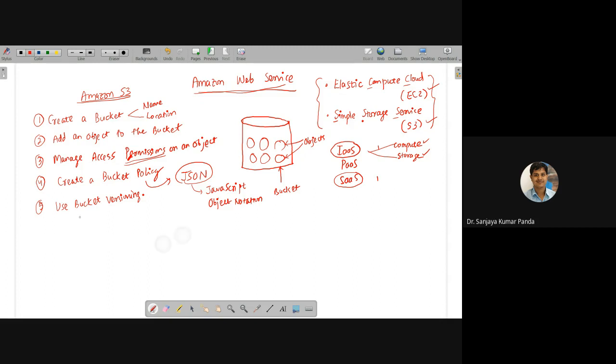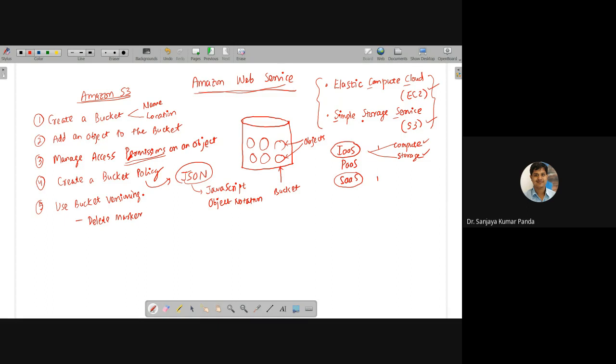Then we also need to see another topic here. What is the use of delete marker? There is a concept called delete marker in Amazon S3. Delete marker says that if a particular object is deleted, it is not going to be deleted from your Amazon account.